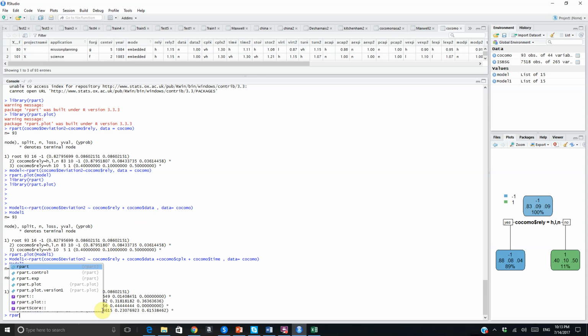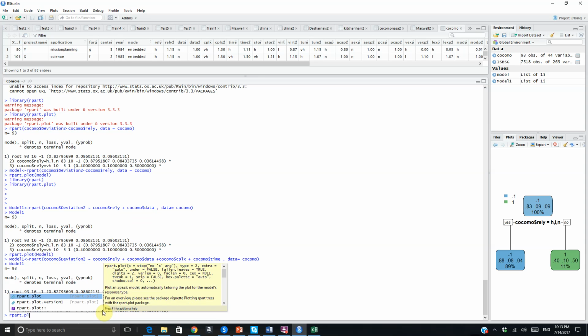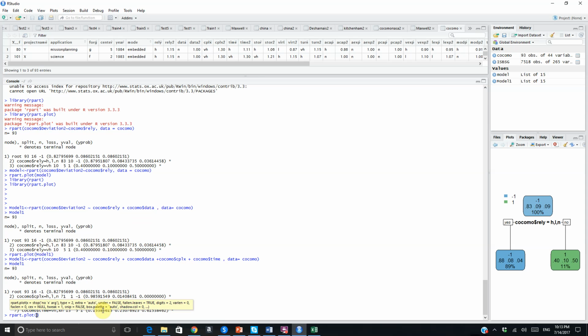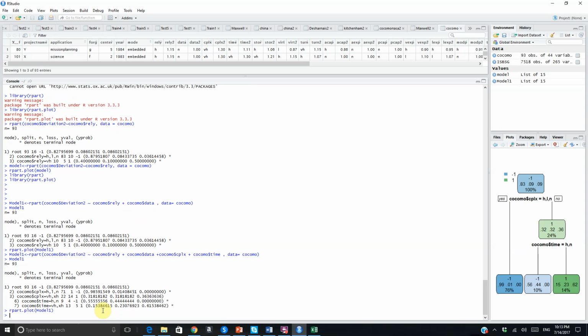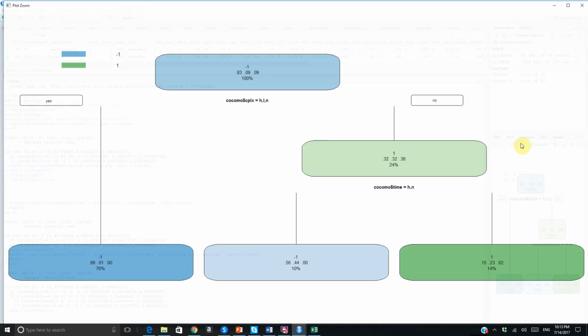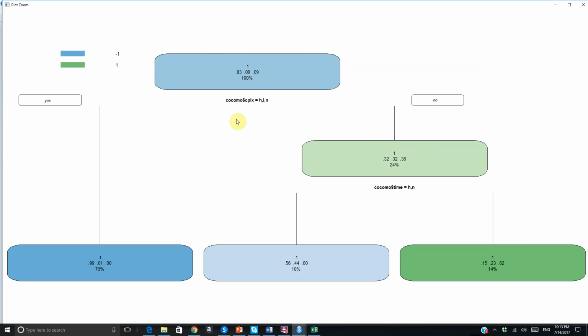So we use rpart.plot on model 1. So this is a different picture now. Here we have complexity when it is high or low or nominal. If it is yes, then the highest portion, which is causing the underestimation,